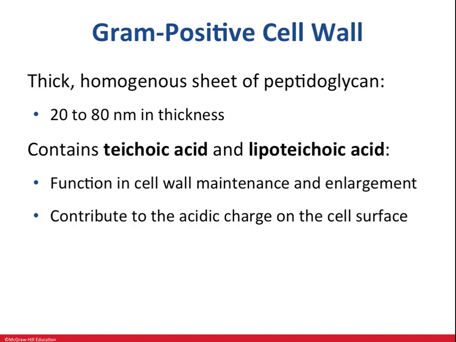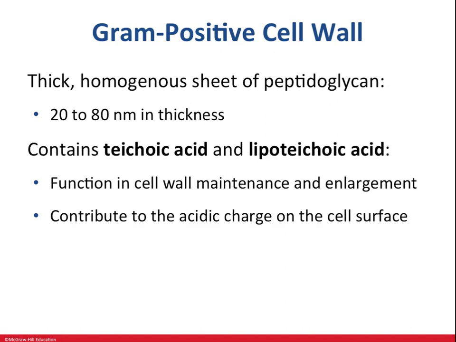Some cells with a thick cell wall can be stained as gram positive. So this is called a gram positive cell wall. The gram positive cell wall normally is a very thick, homogeneous sheet of